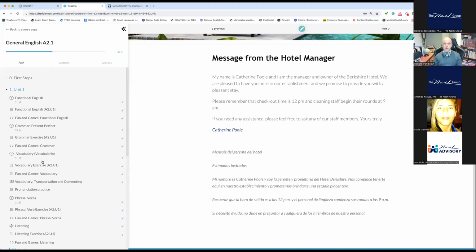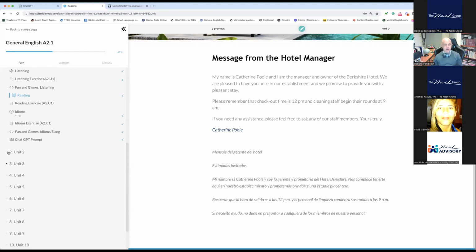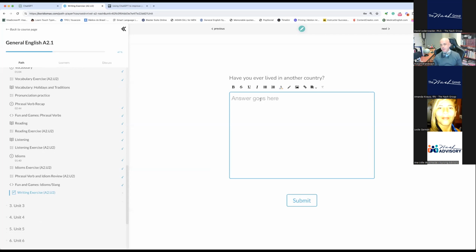So that's very good. Eso está muy bien. Through the computer, through your app, a través de la computadora, a través del app, ustedes pueden work, ¿no? Speaking, listening, reading, writing, ¿no? Hablar, leer, entender, escribir. You have writing prompts as well. También ustedes tienen writing exercises. Have you ever lived in another country? Yes, I have lived in the United States, I have lived in France. Then you submit it and our teachers grade it. Ustedes lo entregan y nuestros profesores les dan una retroalimentación. And that's perfect. Y todo eso está muy bien.